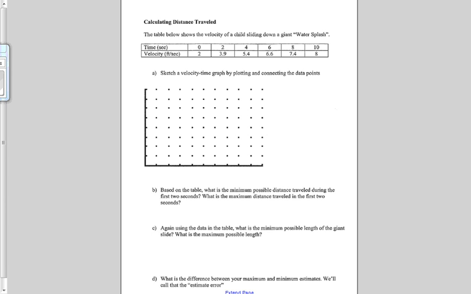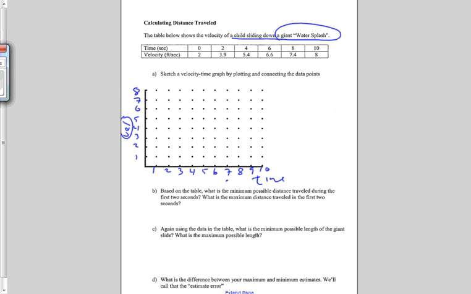Okay, well, now let's extend this a little bit further. We've got these points, their time and velocity, and the situation is a child sliding down a giant water slide. So we're having some fun in the summertime, and we want to sketch a velocity time graph using these points. So if we go ahead and start plotting these points, the first point we have is time